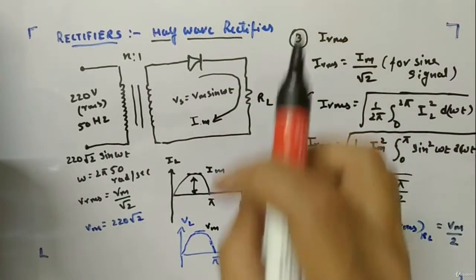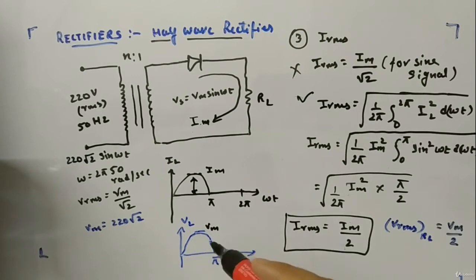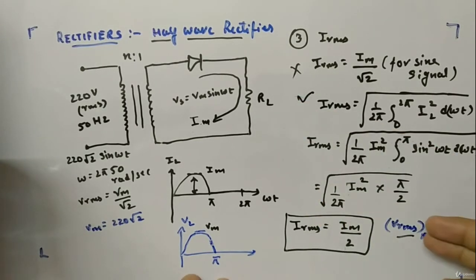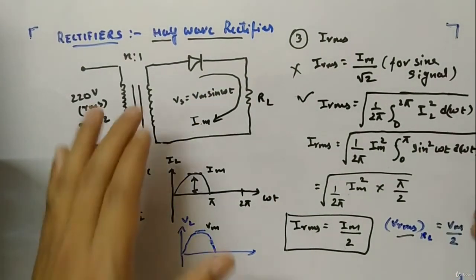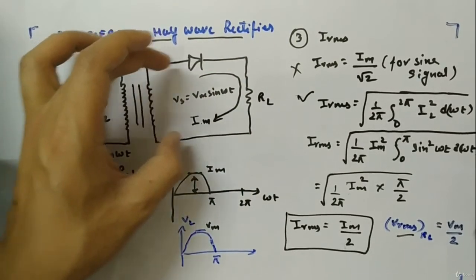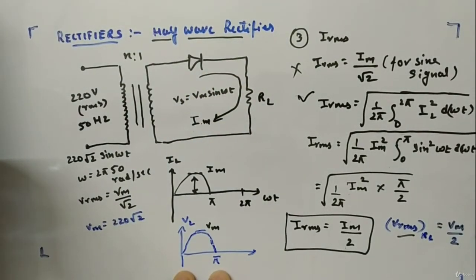This is the voltage across the load. Okay, and for this we have seen the average value and the DC output voltage, and this is the RMS value as well. Okay, for this signal VL we have RMS value Vm by 2, and we have calculated the DC output voltage across this load as well. Okay, so you can imagine, if you have to calculate the VRMS value at RL, then imagine this signal, because the diode will be short and the same voltage will appear for the 1/2 cycle. Okay, which will look like this only.